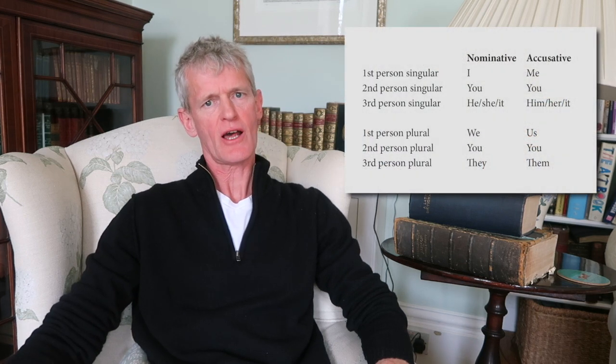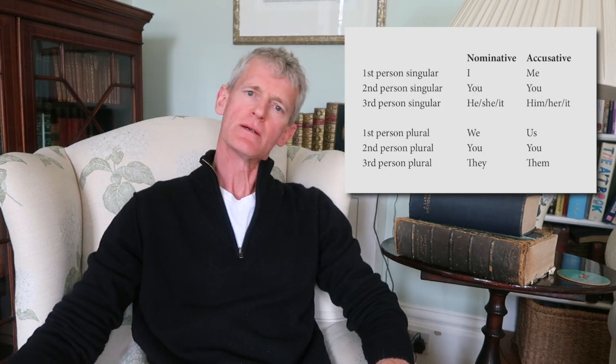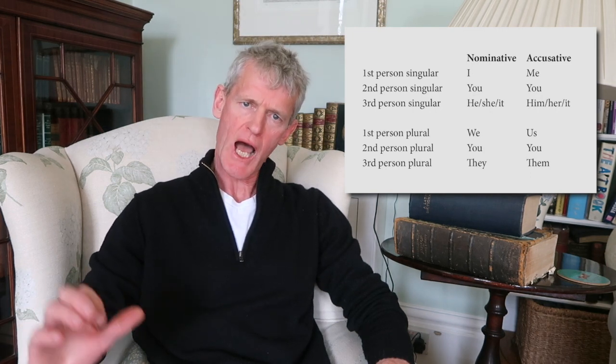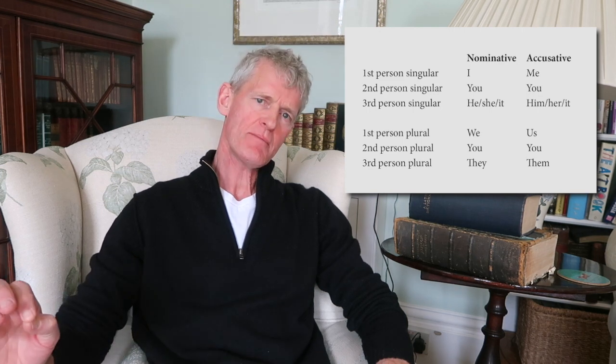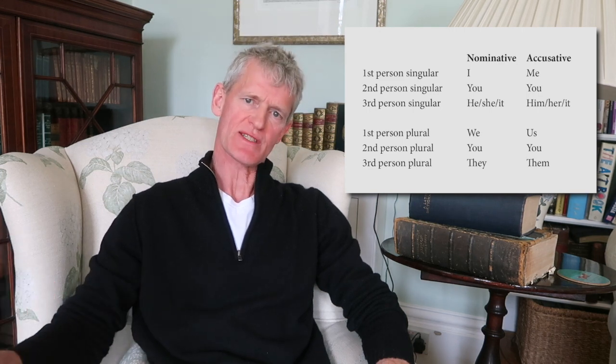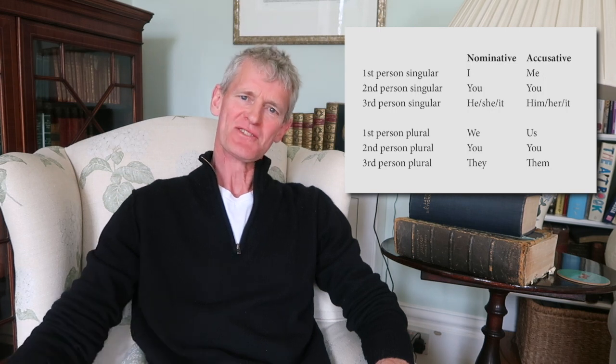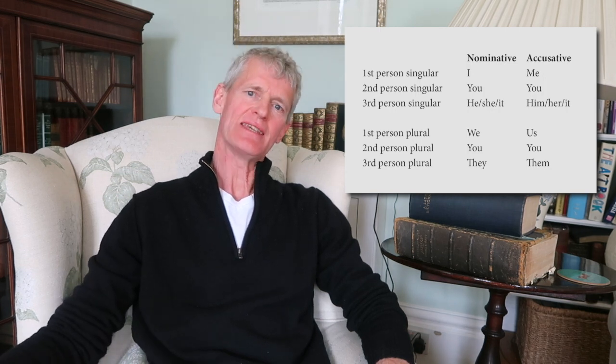As I've said, nouns in English don't have any difference whether they are in a nominative case or one of the oblique cases. But pronouns do. There is a difference between the nominative case of a personal pronoun and the oblique cases of that personal pronoun. I is the first person singular personal pronoun. That is it in its nominative form. I am talking. But that same pronoun has an accusative form, which is me. So you see me.